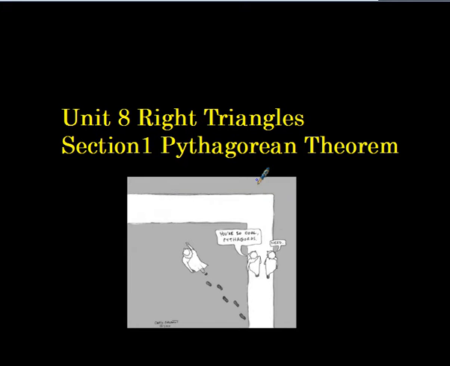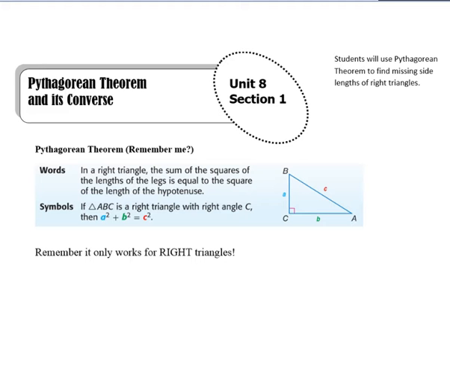Unit 8 is my personal favorite unit out of this whole class, geometry. So let's get started. Pythagorean Theorem, we're going to look at that and its converse. We actually have already learned Pythagorean Theorem. If you recall, what that's saying is basically the sums of the squares of the legs is equal to the